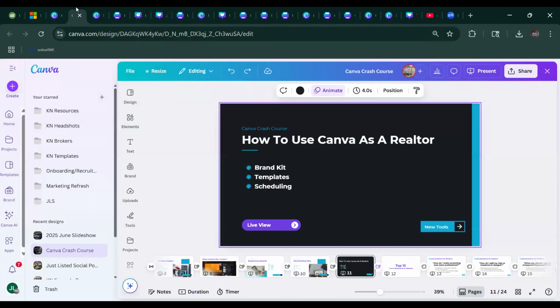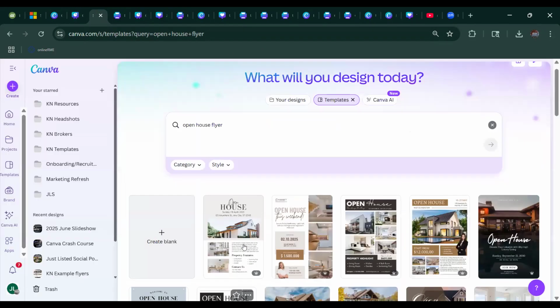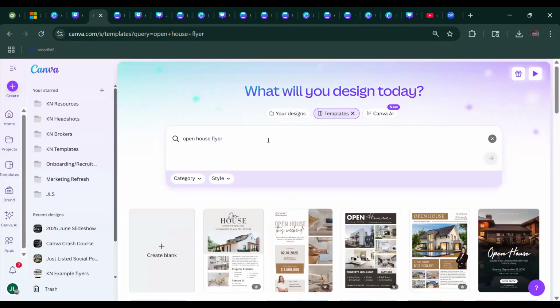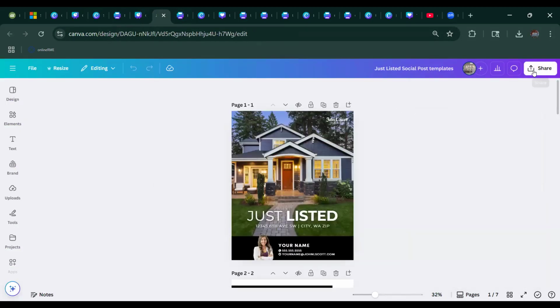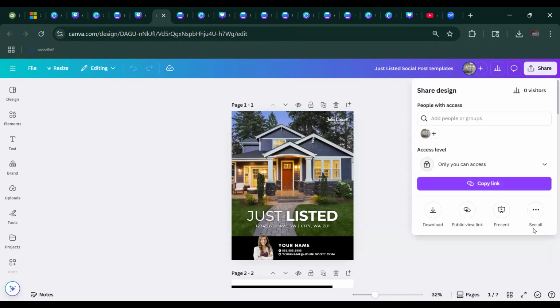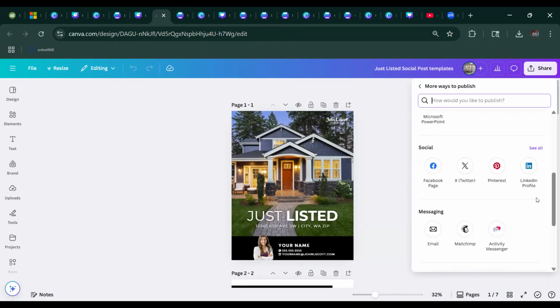I'm going to go back here. For scheduling, that is a Pro version. That is a Pro feature. So for this version, say you have a social media post that you want to schedule. You can go to the top right corner and click share. And then click see all. And if you scroll down,